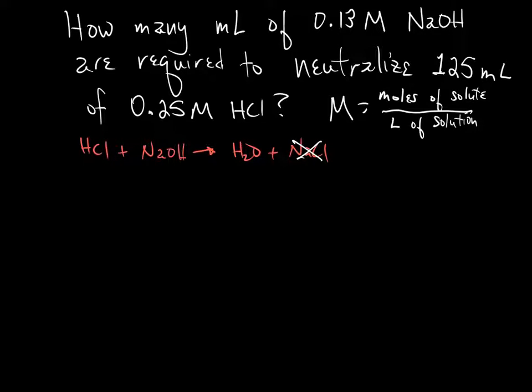Okay, so what we're going to need to do is have a plan of attack. We're given a volume and a concentration for the acid, and we're given a concentration of the base, but it's saying how much the volume is needed to neutralize it. So these are in moles. So the first thing that we need to do is figure out how many moles of acid we actually have. First step is to determine